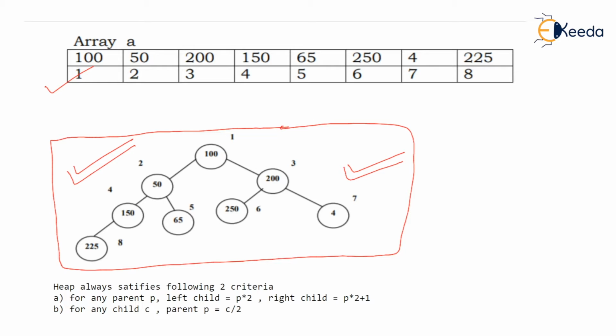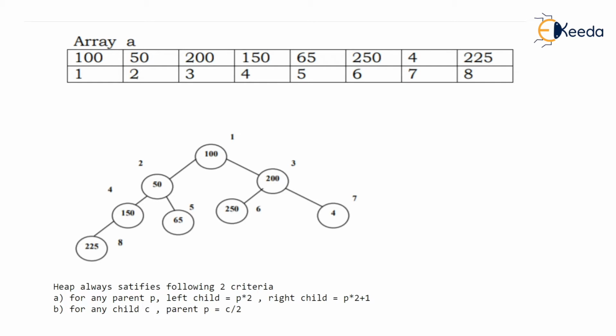Now you do one more exercise with me. Just check the node which stores 65. The node here which stores 65. Now you watch, this node 65 is the right child of node 50. Isn't it so? Now if you are given a node number 5, let's say node number 5, and you are asked who is the parent of this node number 5,